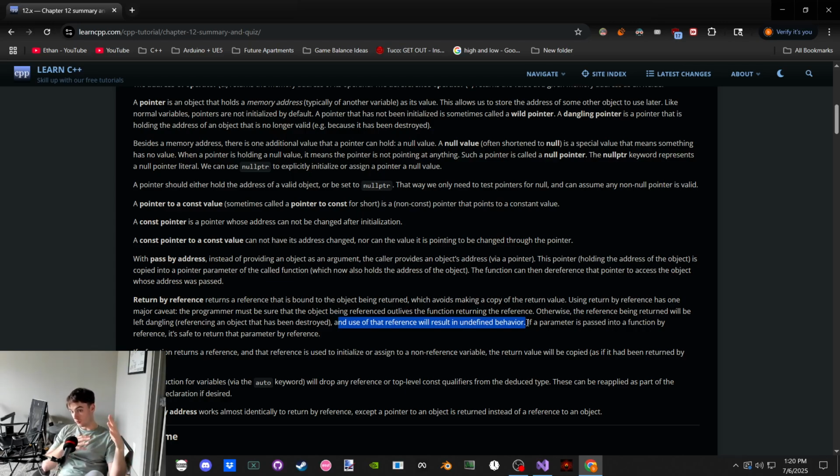In this case, it's local, so it's not going to be there forever. Copied it, passed it in somewhere. But we're copying the address of something that has already been destroyed. We've created the temporary with the address. The object is then destroyed. The function's done. And now we're using that address. Ooh, that's like using a variable that has been uninitialized. We don't know what value is there.